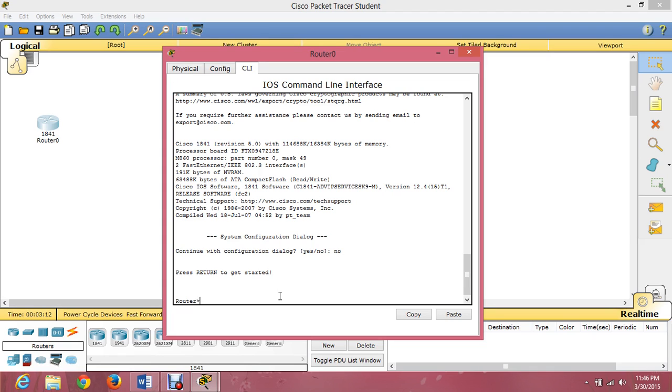To change the name of the router, we should enter the global execute mode, but firstly we should enter the privilege mode. Type enable, enter.